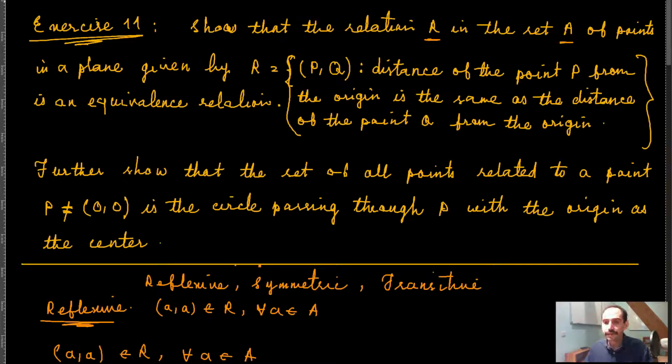So now let's see what we have with example number 12. Well, let me actually make a new layer here because you don't really know how much space you need. Okay, so it's number 12: show that the relation R